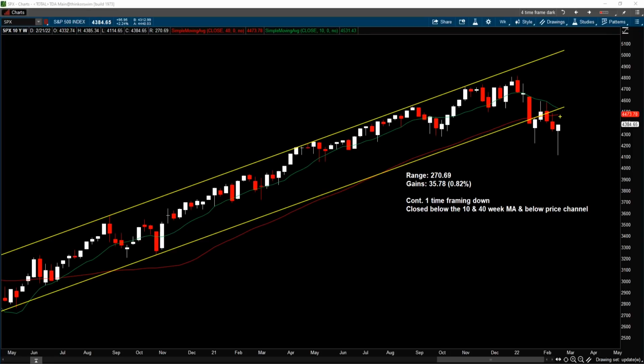Here we see the S&P 500 had a 270-point range for the week. From this huge range, the S&P 500 only gained approximately 36 points or 0.82% for the week. It did take out the January 24 low and printed this bullish hammer candle, but the weekly price is still